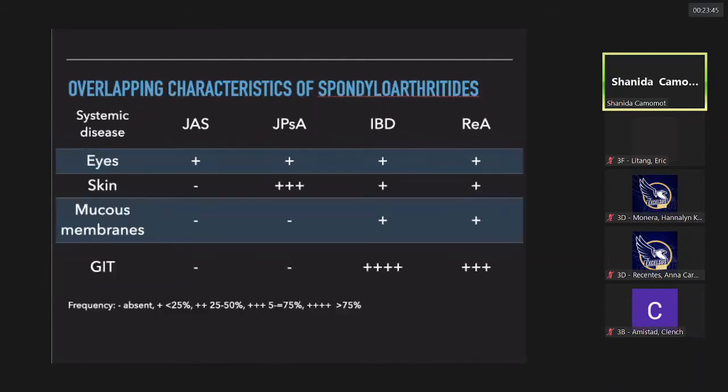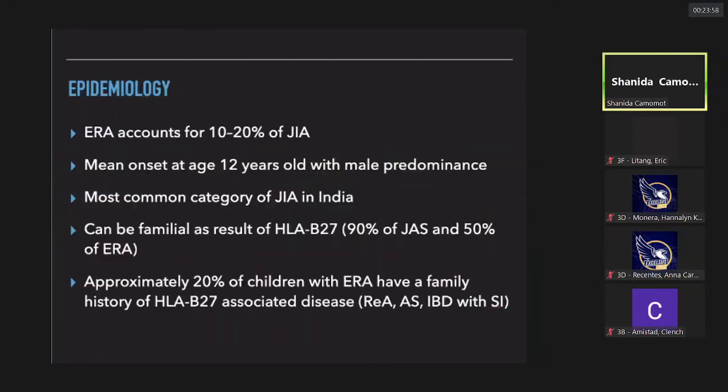All four will have eye involvement. Skin involvement is more prominent in psoriatic arthritis, and GIT involvement is more common in inflammatory bowel disease and reactive arthritis. Now, enthesitis-related arthritis accounts for 10 to 20% of JIA. So the